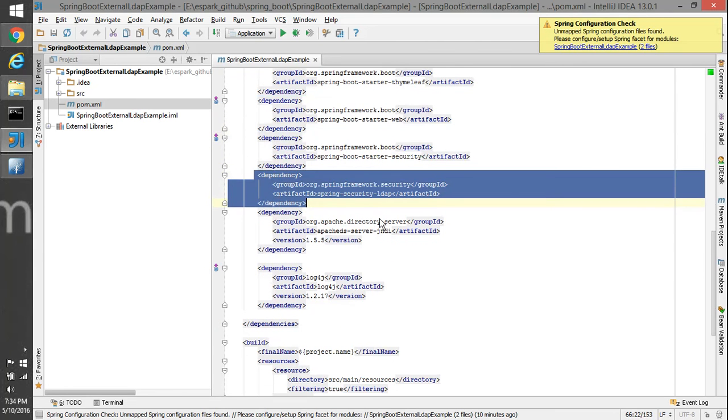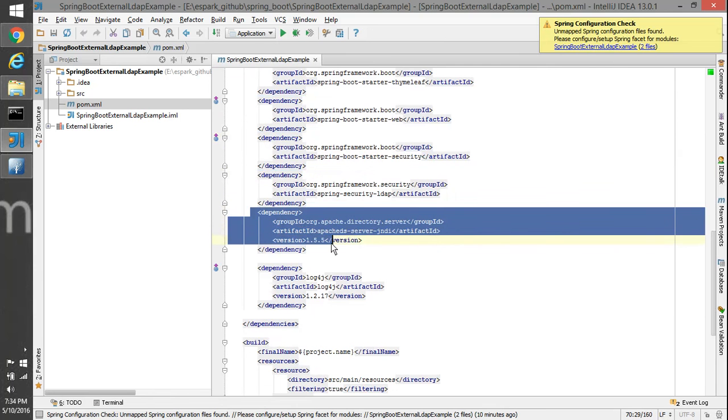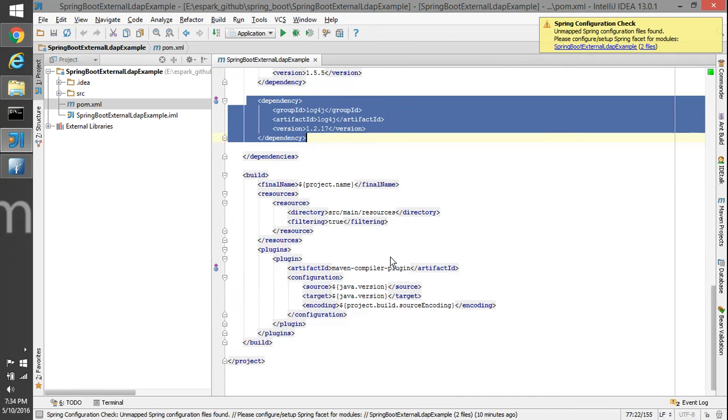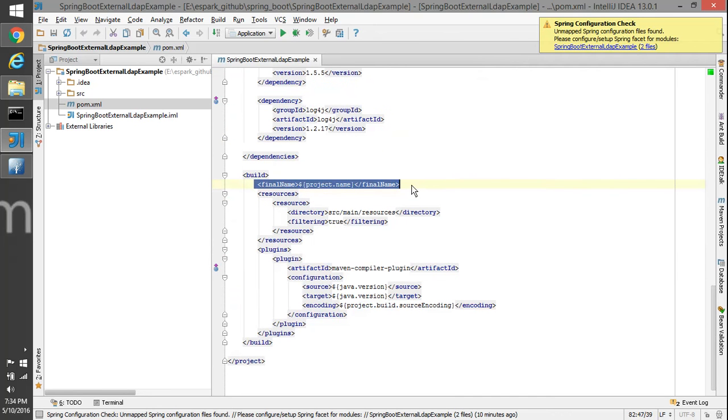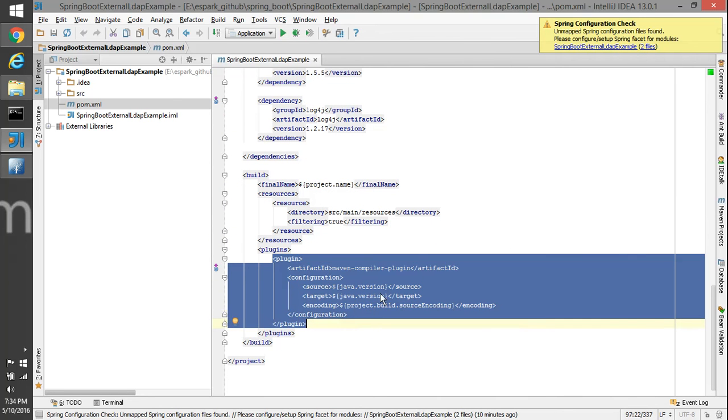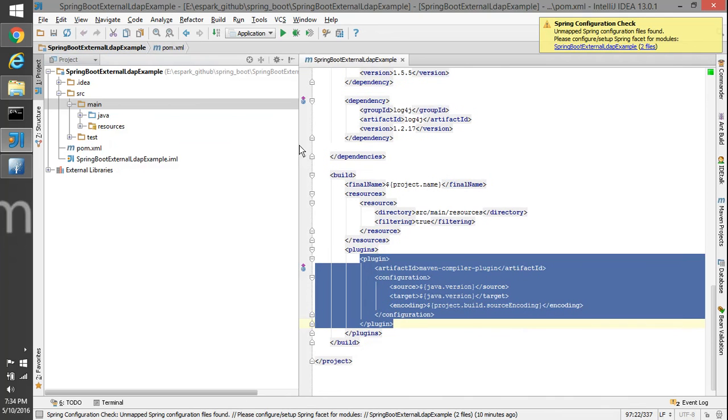Then Spring Security LDAP, the Apache Directory Server JNDI, and then the Log4j dependency. Inside the build we have a standard jar file name, then resources configuration, and inside the plugins we have the Maven compiler plugin.